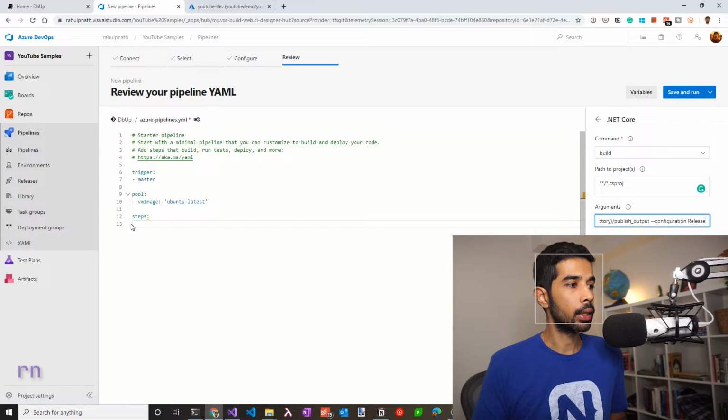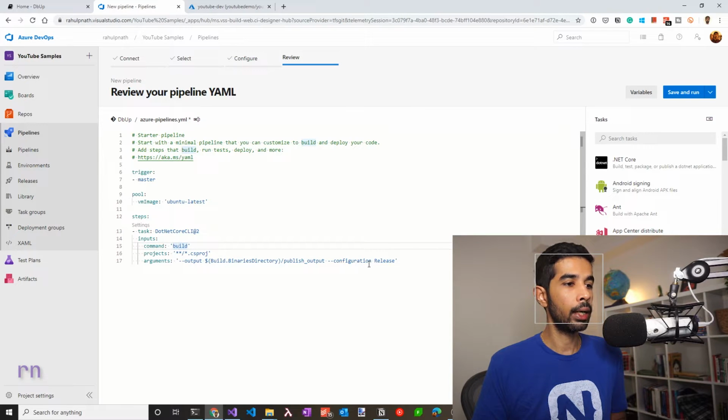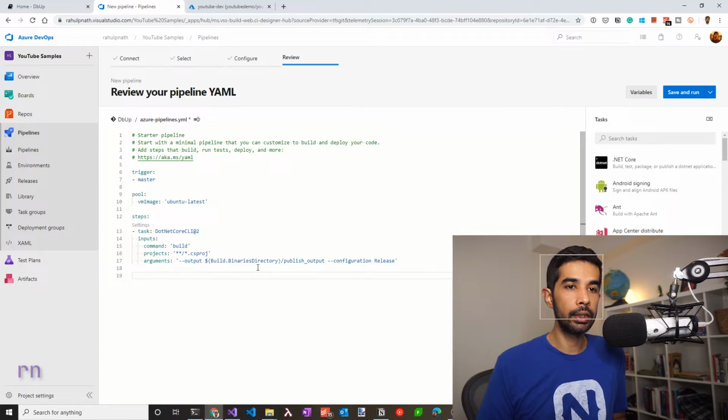Make sure that the cursor is in the right position and click add. This is going to add the step that we just created into here. So you can see it builds the csproj file, specifies the output, and also the configuration that we added. Since this is the only project under this solution, I'm not archiving, I'm directly publishing this as an artifact. Alternatively, you can also choose to archive it with a specific name, dbup, so that you can use this accordingly in your release pipeline, which we will see in a moment. So let's first publish this as an artifact.